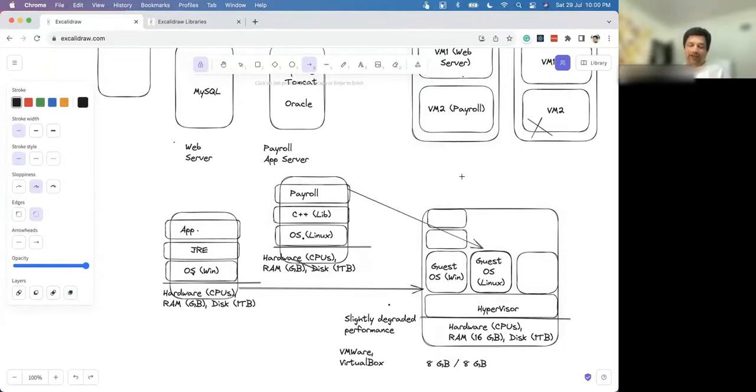But still you have a problem, because the more operating systems you run, you will get into performance issues. Assume if you have to restart Windows, it takes time because you have a full operating